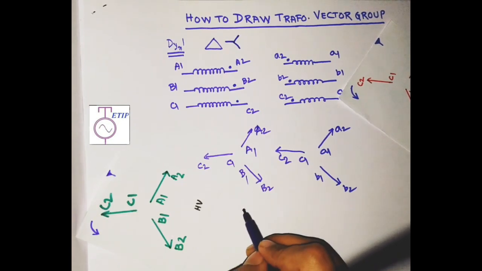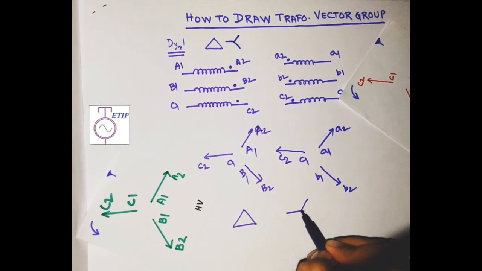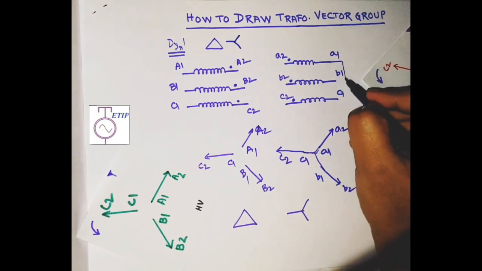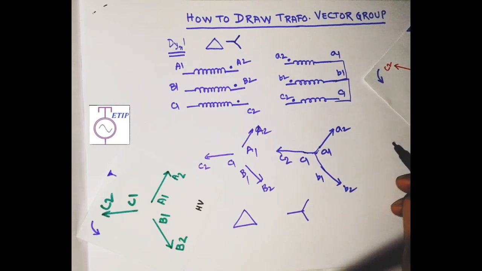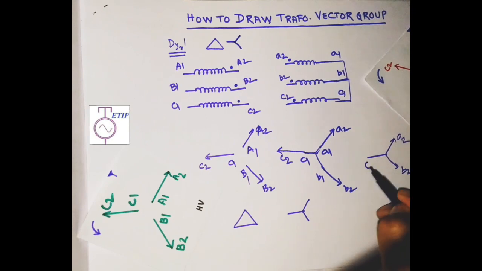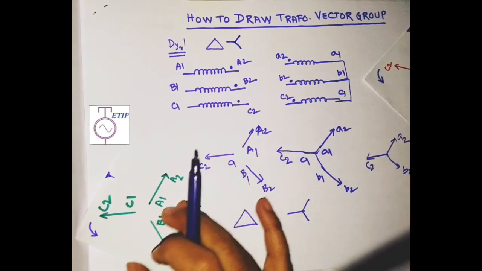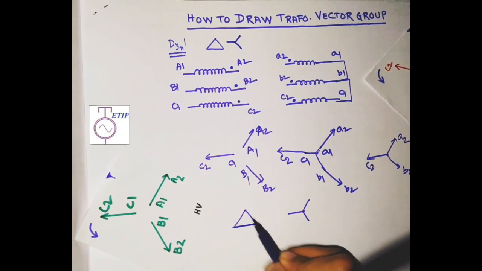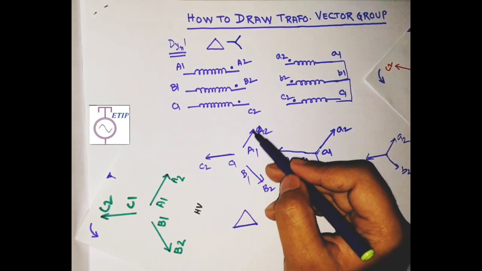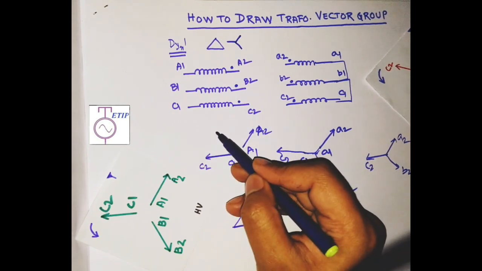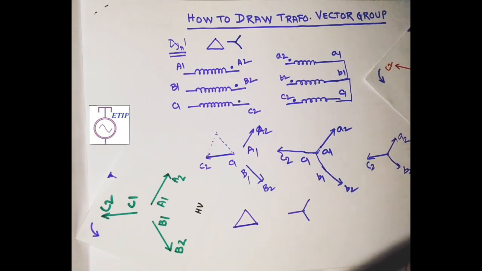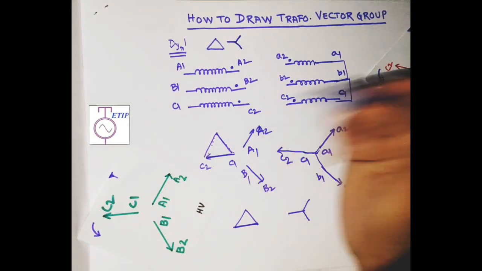Now we have to form the figure of this. So just short these three terminals, short A1, B1 and C1. So this star is formed, right? A2, B2, C2. This star connection is formed. Now you have to form the delta. See, you have the base here. The base you have got already. Now if you place this A2, A1 here and this B1, B2 here, you will get the delta. So just do it.